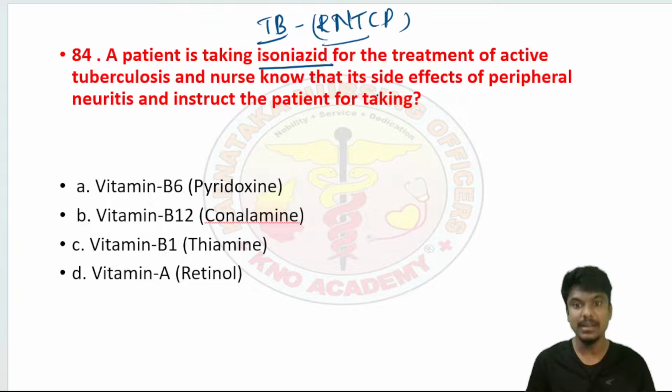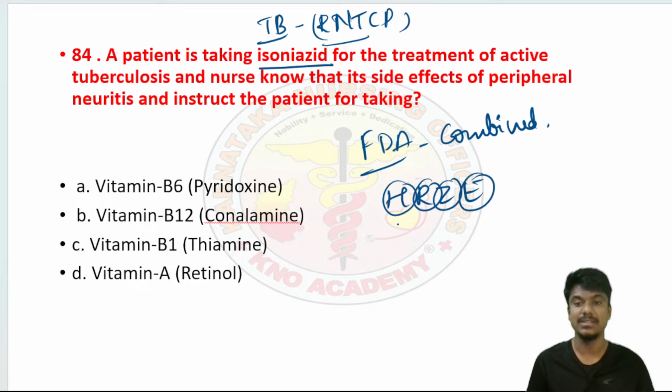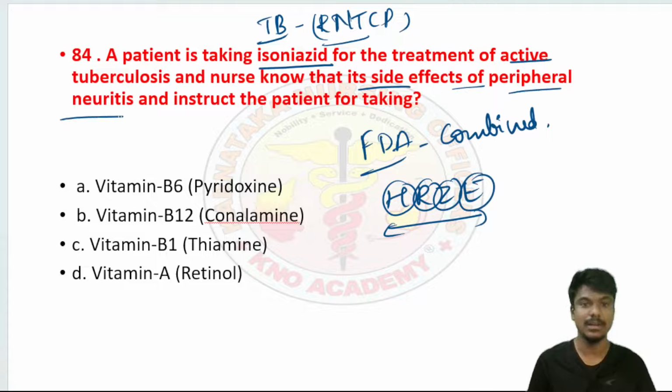So we are having an FDA-approved combination of drugs protocol, that is HRZE: isoniazid, rifampicin, pyrazinamide, ethambutol. These four are the combination of drugs provided under the program. Here they are asking, if the patient is taking isoniazid for active TB, and the nurse knows the side effect of isoniazid is peripheral neuritis,